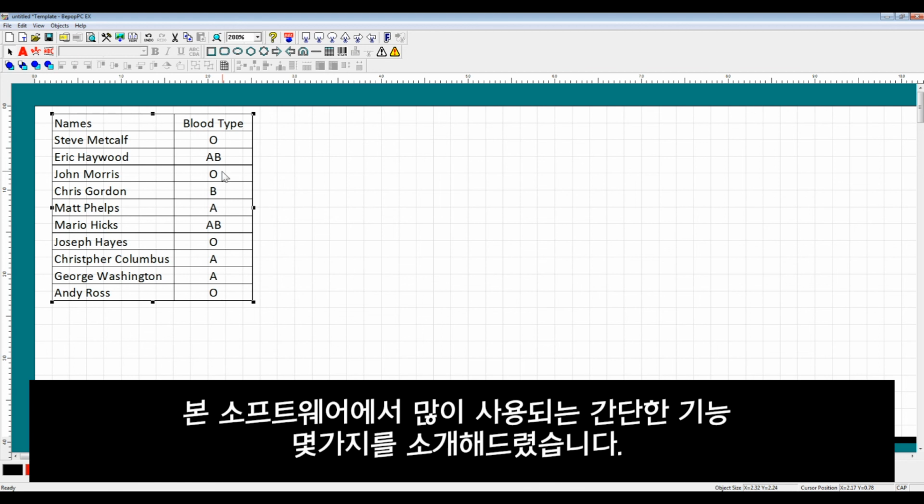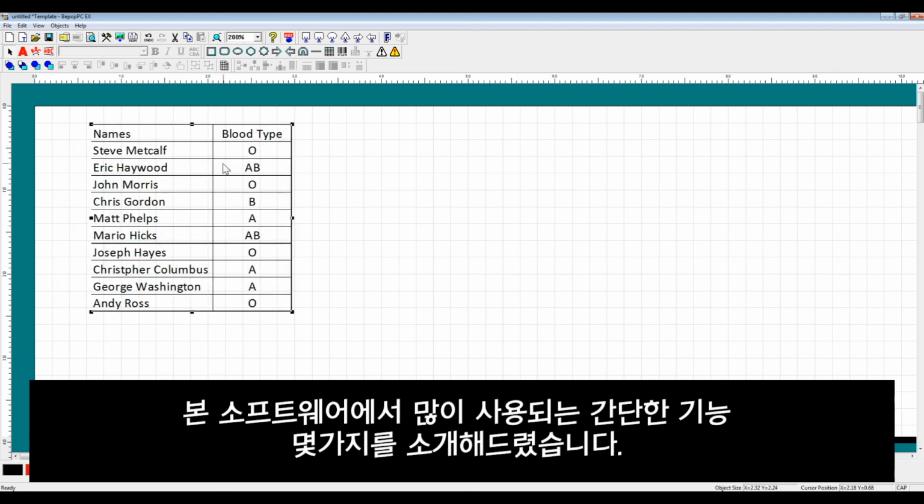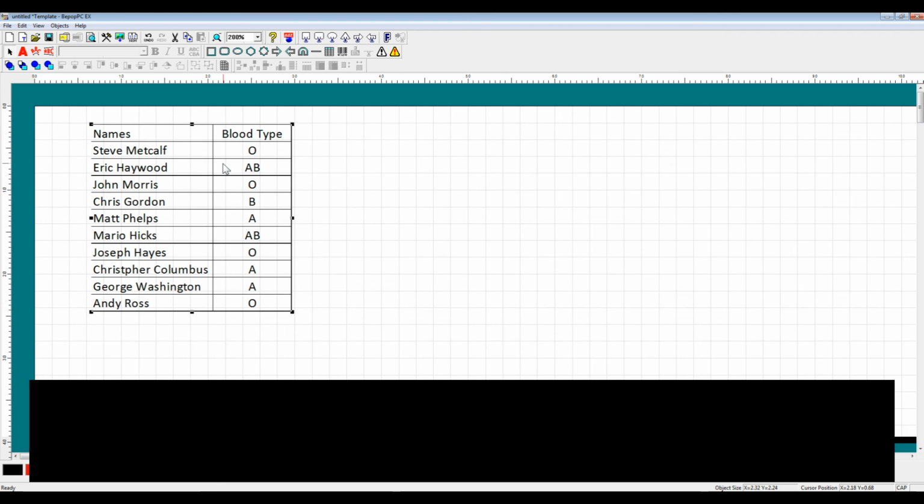Alright, so those are some of the commonly used functions that are quick and easy and enjoyable to use with this software. So that's it for this